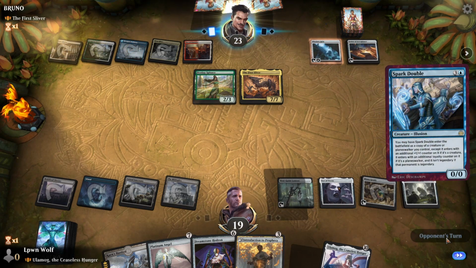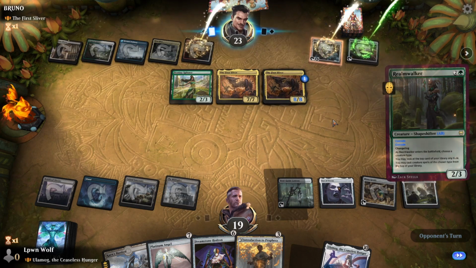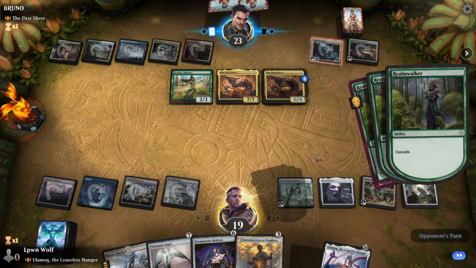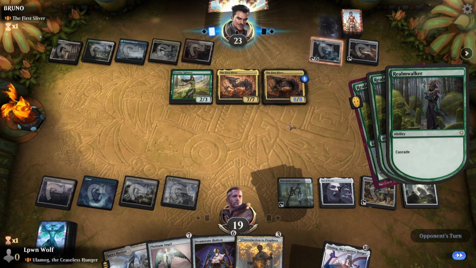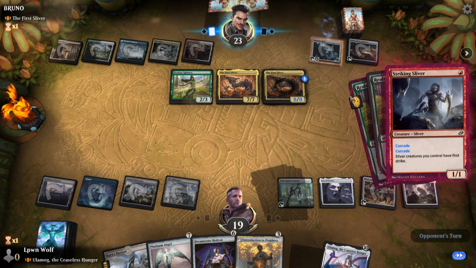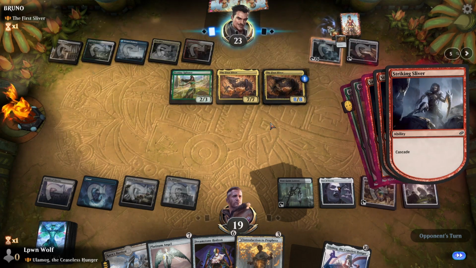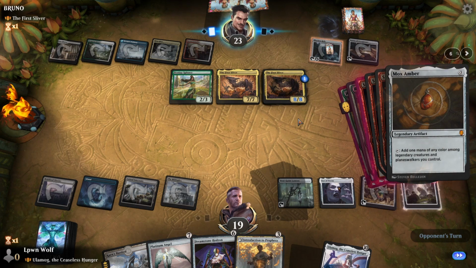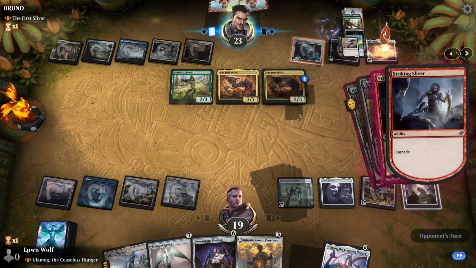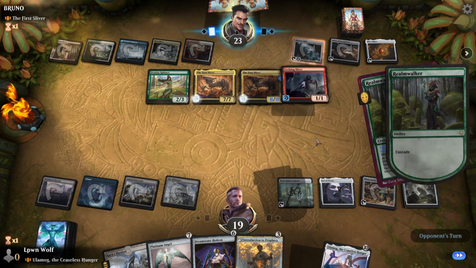Spark double, okay. I presume, okay, yep, so we can have another sliver. But it wasn't a cast trigger. So luckily they don't get any cascades. Although Realm Walker is actually a sliver because it's all creature types, so it does trigger cascade twice. And they dig very deep in their deck to get a, drum roll please, a Mox Amber. Which gets them...